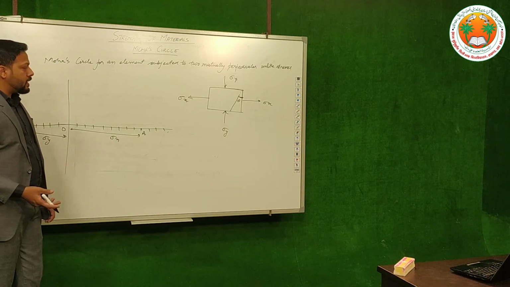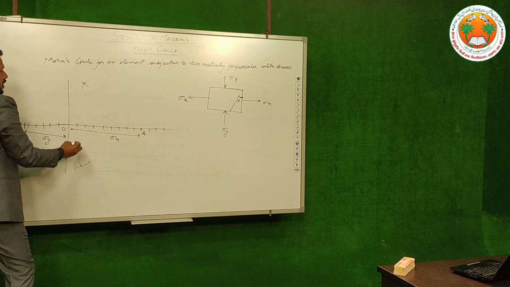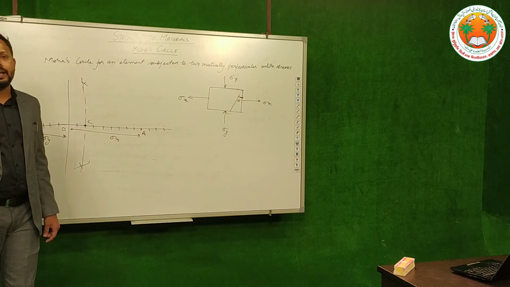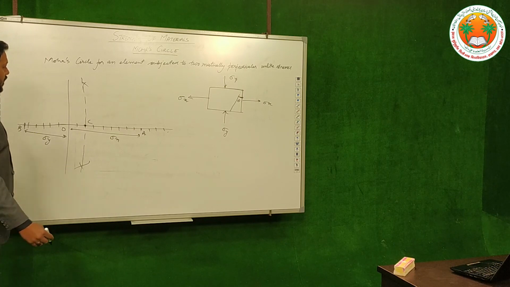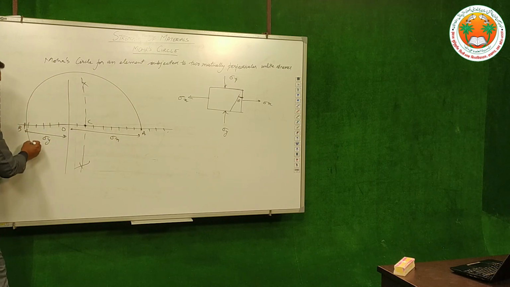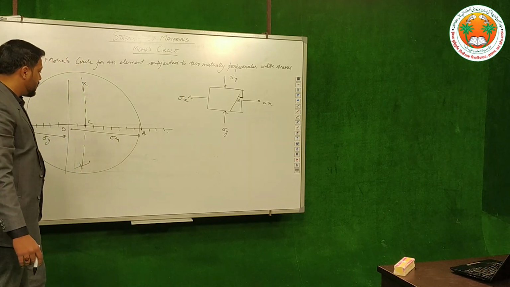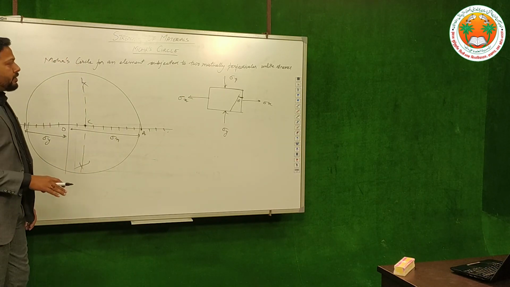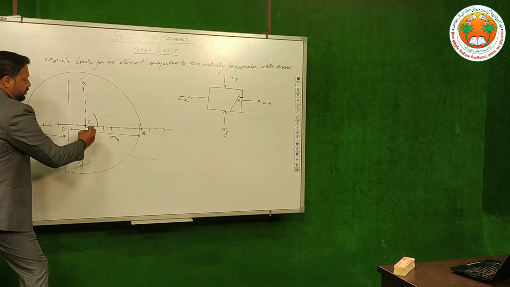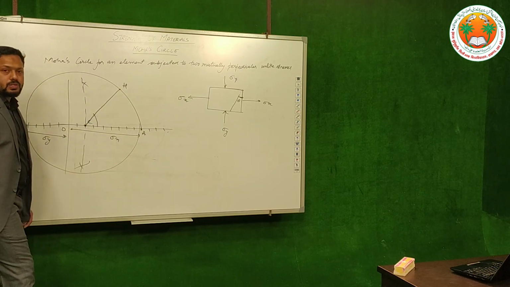Similarly, like in the previous case, we have taken perpendicular bisectors. We will draw the perpendicular bisector, and the point where it meets the x-axis will be taken as the center of the Mohr circle, and with CA or CB as radius, we will draw a circle for two unlike mutually perpendicular stresses. In a similar fashion to the previous case, we will draw the 2 theta angle from the center and draw a line that will meet the Mohr circle at point H.